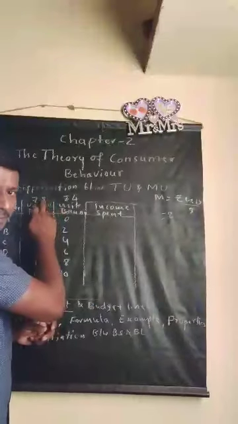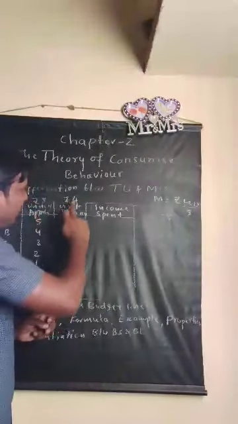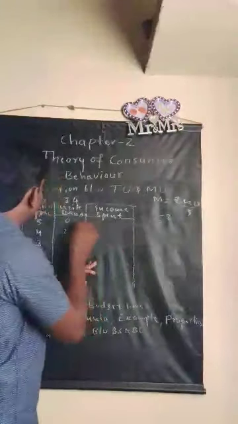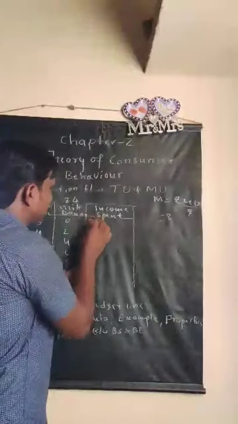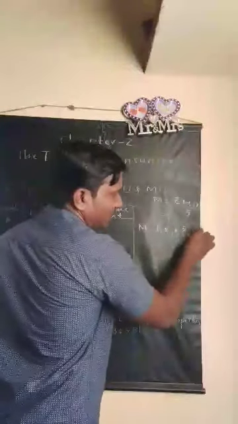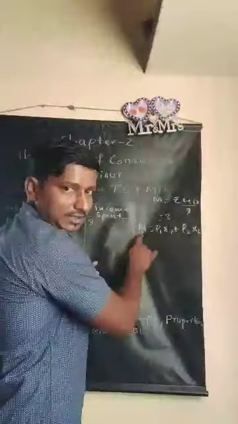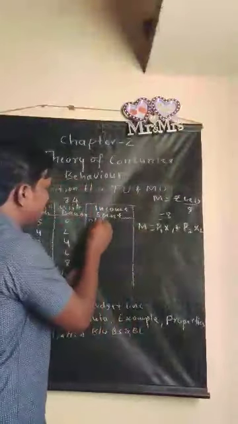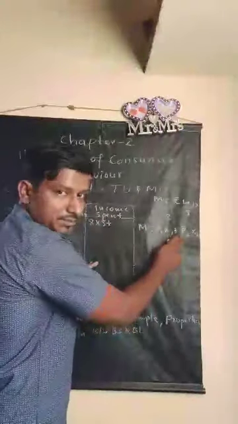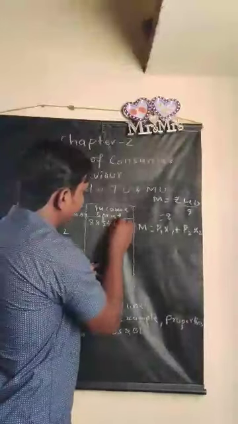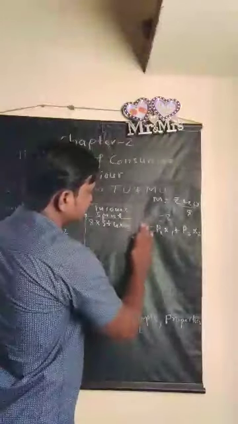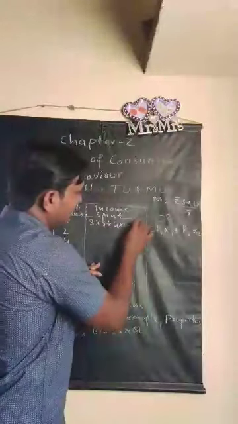As the price of apple is 8 and the units of apple are 5, and the price of banana is 4 and the units of banana are 0, how do we find the money income spent? Let us see. P1 is 8. As we know the formula, M is equal to P1 x1 plus P2 x2. So I write P1, 8 rupees, into x1, which is apple, 5, plus P2, the price of banana, 4 rupees, into the units of banana, 0. Then how much will you get here?